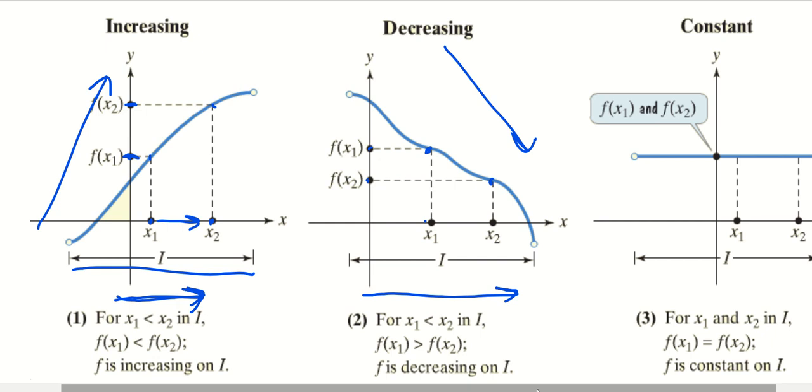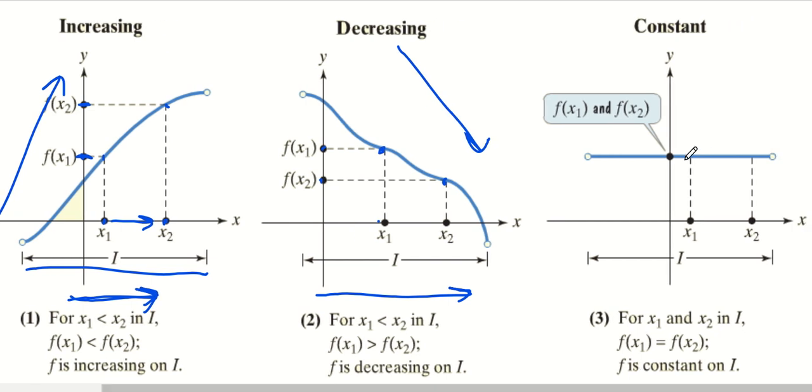And the last possible scenario is that the graph can be constant. And a graph is constant if every value of x in the interval produces the same output. So the height of the curve at x1 would be given by this number. Let me just make up a value. Let's say it's going to be 3 on the y-axis. If I plug x2 into the graph, we also get out the same output. And visually what you would see is that a graph is constant if the portion of that graph is horizontal